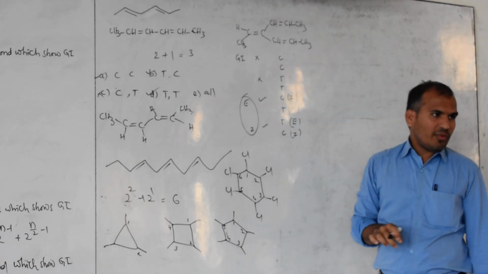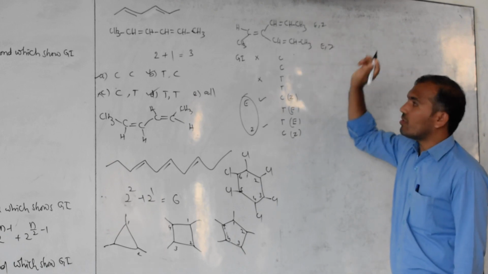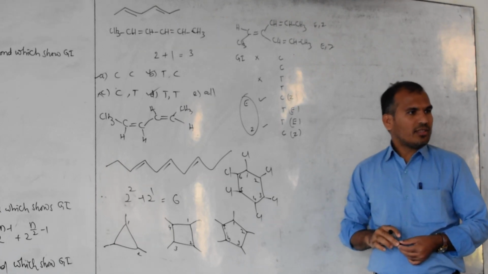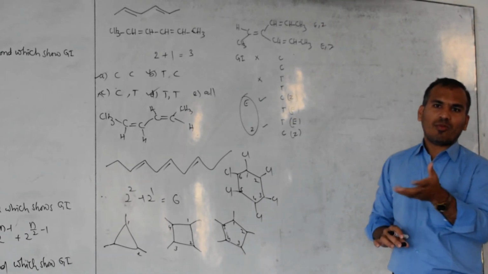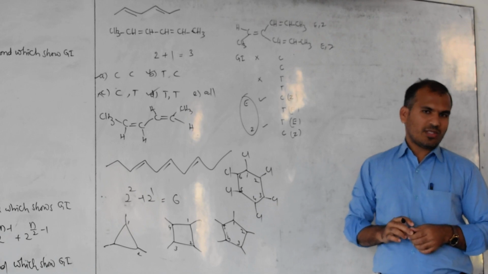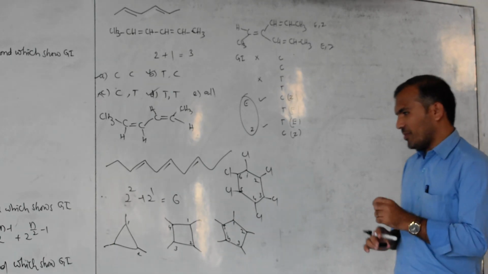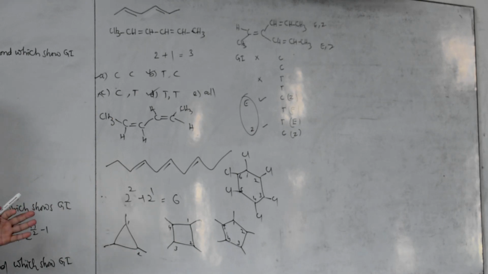But if these are different, here also E and Z are possible, and here also E and Z are possible. Clear? Then how many are possible in total? 6 only. Getting the concept? This is the way you have to apply. Here the formula is not applicable. Some molecules are like this only, where we cannot apply it. Okay? Now, geometrical isomerism, the concept is covered. Many examples of this difficulty level are there, and you have to understand them by these concepts only.